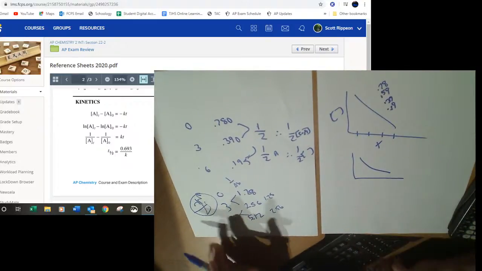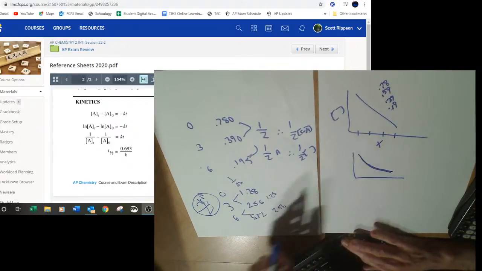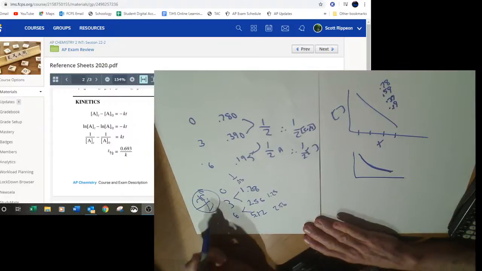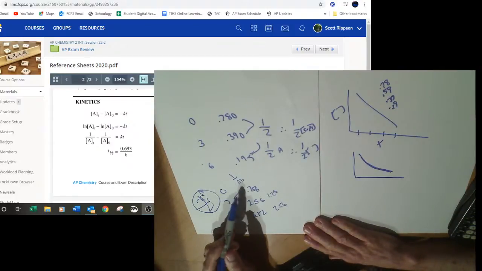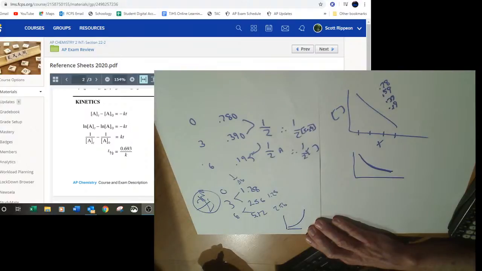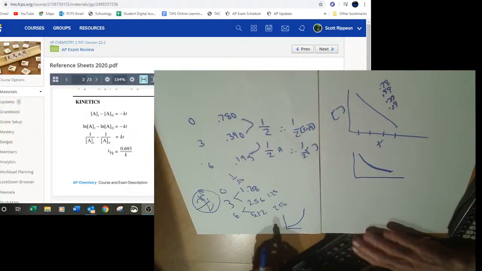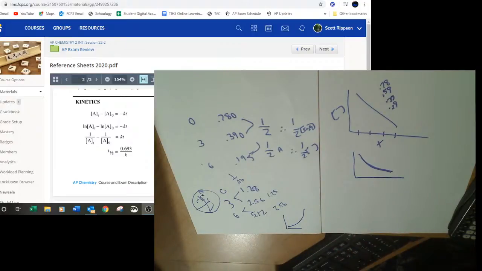Sorry, I'm off screen. All right. So we've got a curved decrease. I just real quickly, to make sure it wasn't second order, did the 1 over data and I see again that this is not linear. It would be curved up significantly, almost exponential. All right, so to come full circle,